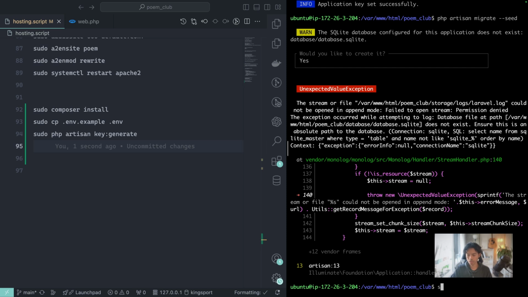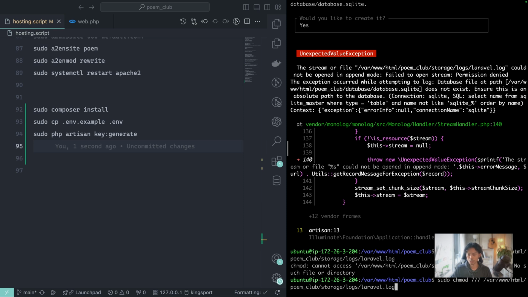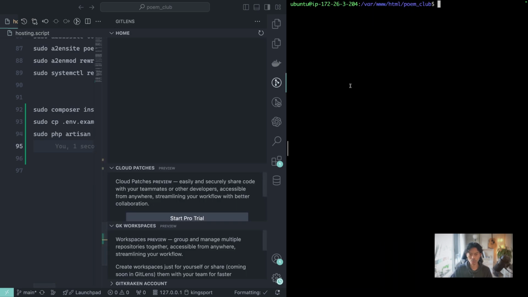you can give it sudo chmod 777 to write the Laravel log file. Okay, so we have to give the log folder, right? So I will show you again. I will copy that folder, right? So we cannot open because of the permission. So I will clear the terminal, and I will show you